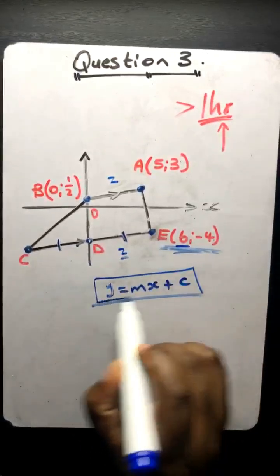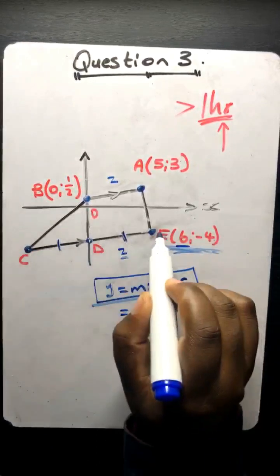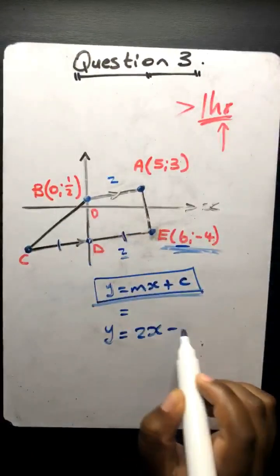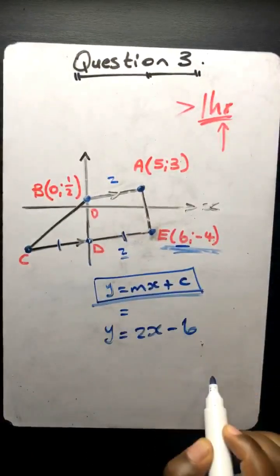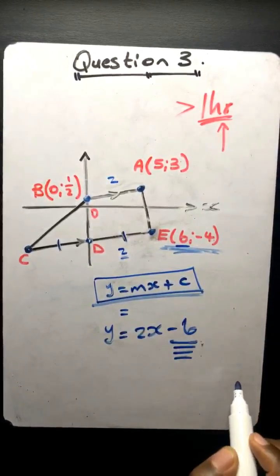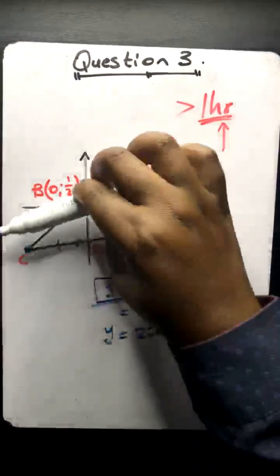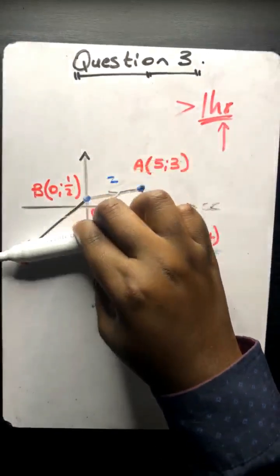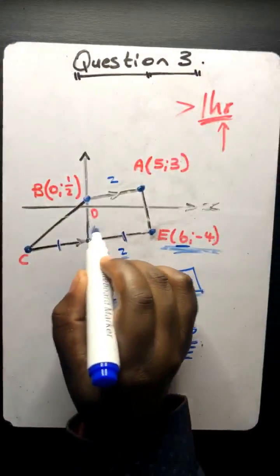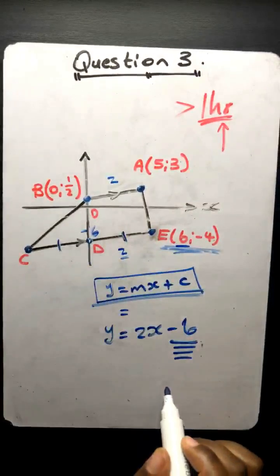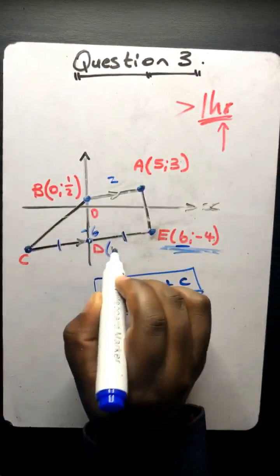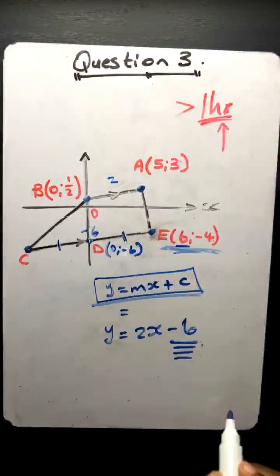And from this equation of that, if you guys remember, let's say y is equals to 2x, obviously it's going to be negative, let's say maybe negative 6. So you remember this being the C value, it tells us more about the vertical shift, meaning this line from the origin shifted by 1, 2, 3, 4, 5, 6, meaning this point is not just 6, but negative 6. So that means automatically the coordinates of D are 0 and negative 6,